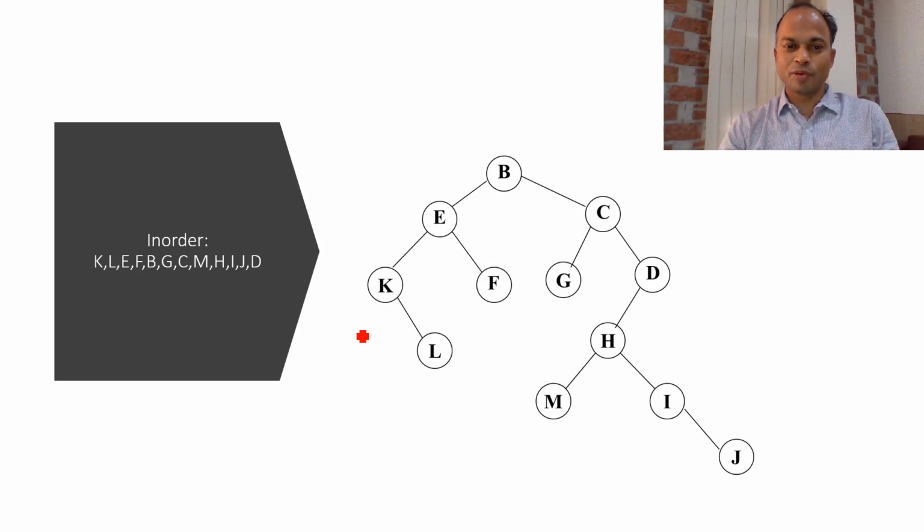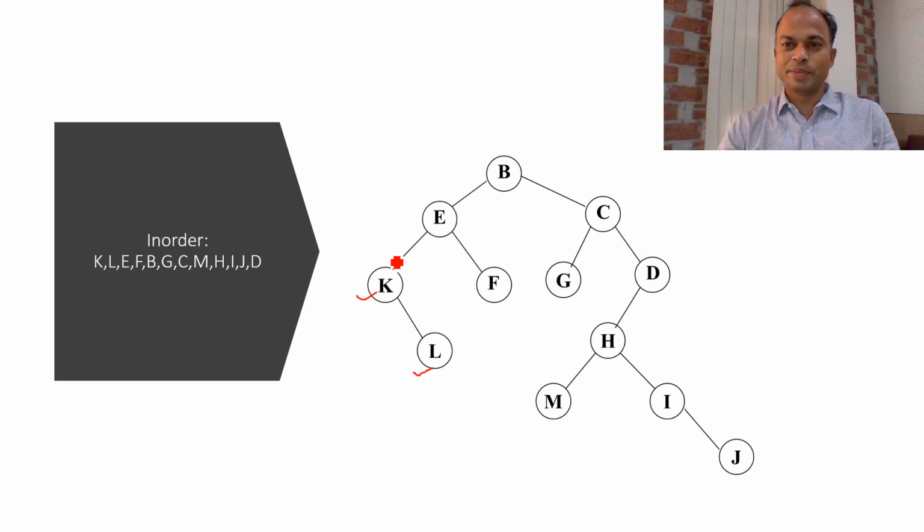If no option is available in the left subtree, we have to visit the root. So we visit K. After visiting K, the left part is not available and the root has been visited. Now we have to visit the right subtree. Further, no child is available, therefore we visit L. K and L have been visited.